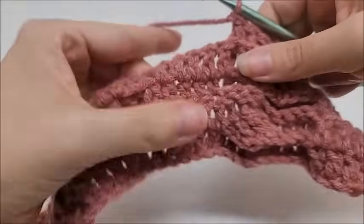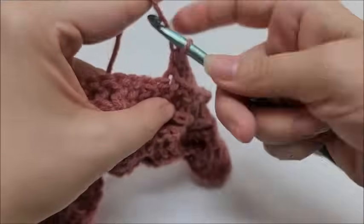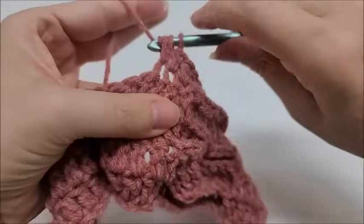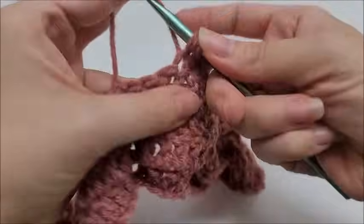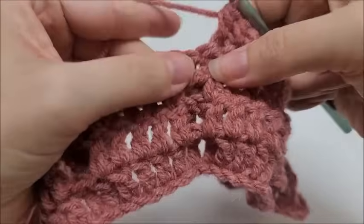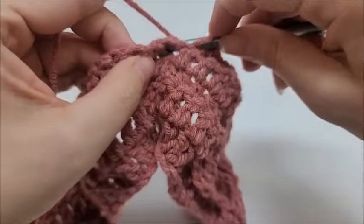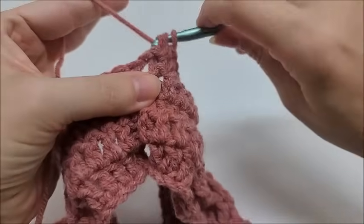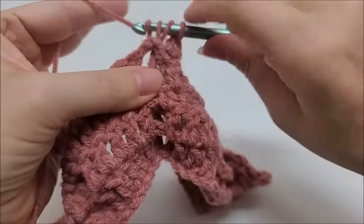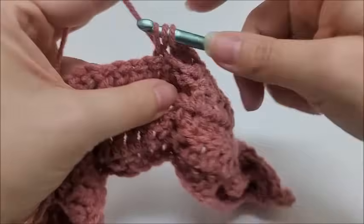Now we're going to half double crochet into the next 5 stitches. There's 1, 2, 3, 4, 5, and then we're going to do a back post double into the next 2. There's 1, 2,